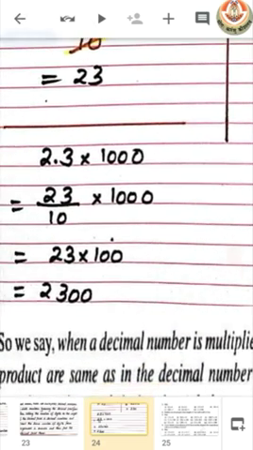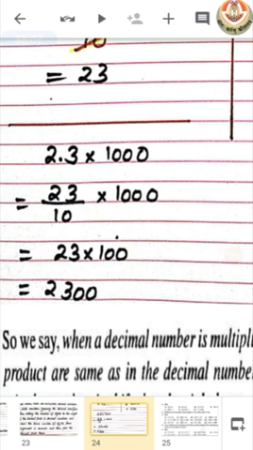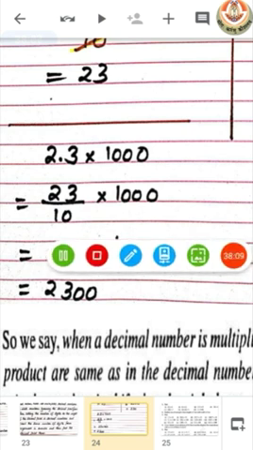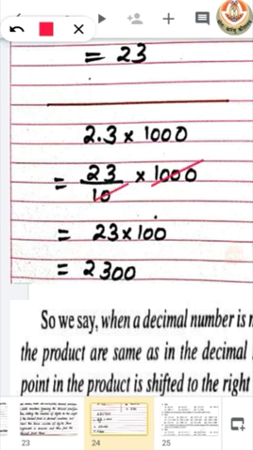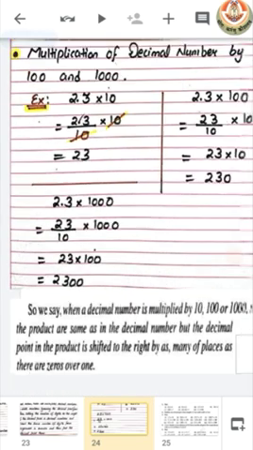Now if we have to do the multiplication with 1000, it will be easy. They both will divide by 10 and get answers 1 and 100. Now we have 23 into 100 to multiply and we get the answer 2300. That means we can say that